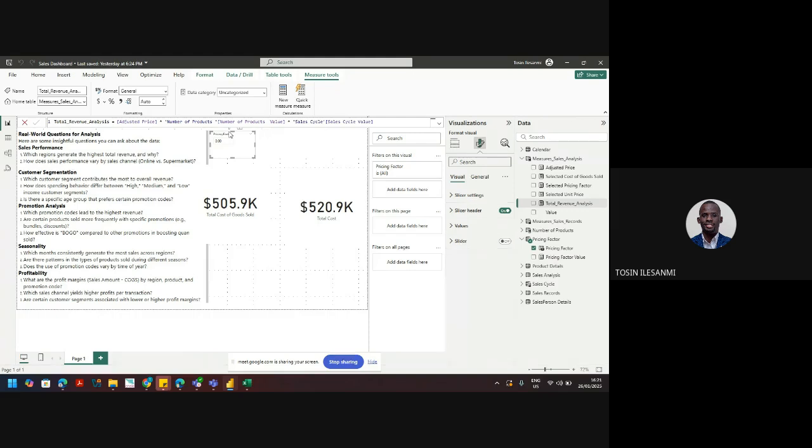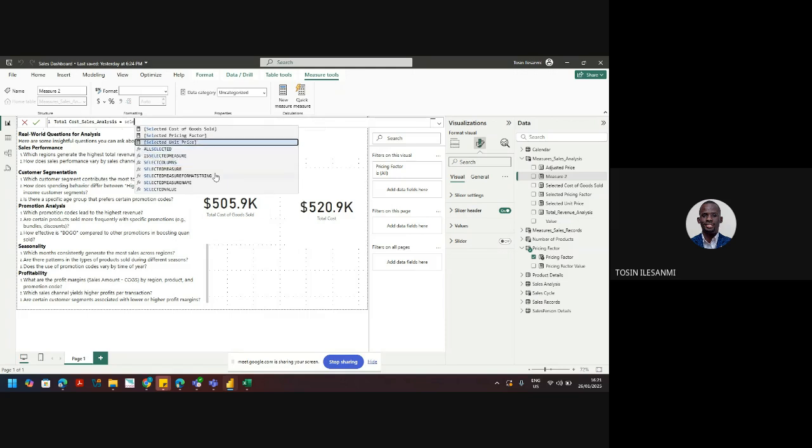So the next thing we're going to be creating is the total cost, and then the total profits. Before we create total profits, we're going to be using total annual costs. Now, for total annual cost, we're going to be creating total cost in this regard again. Let's say total cost underscore sales analysis, so that we can identify it when we see it. Sales analysis equals